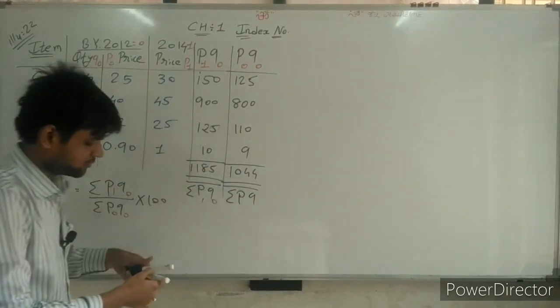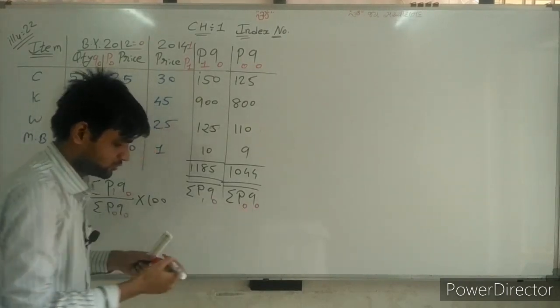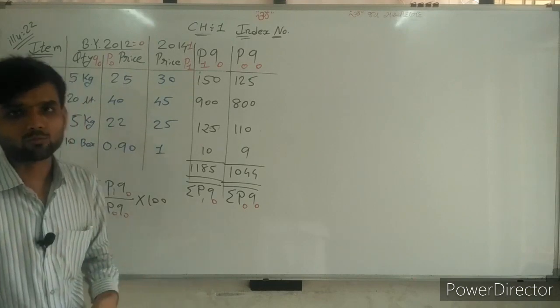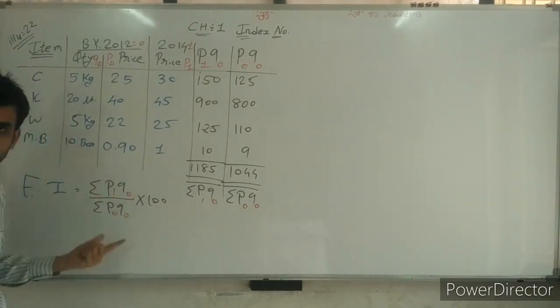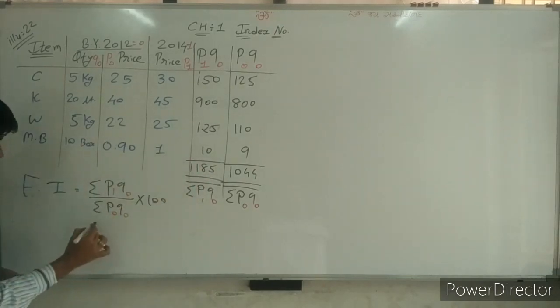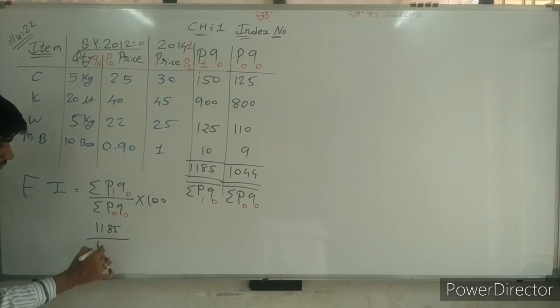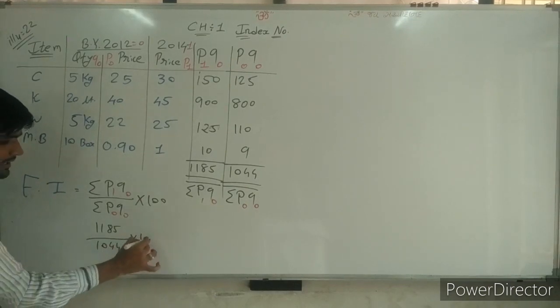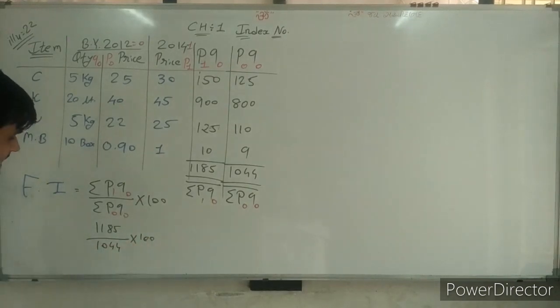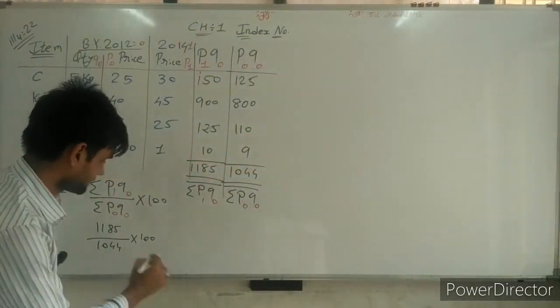Again, sigma P1 Q0 over sigma P0 Q0. Now, sir, okay, we have both the values which we need here. So P1 Q0, 1185, divided by P0 Q0, 1044, multiplied by 100, and we are getting the answer. That answer is 113.05